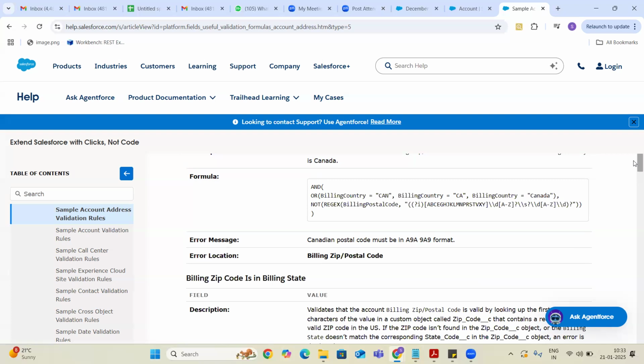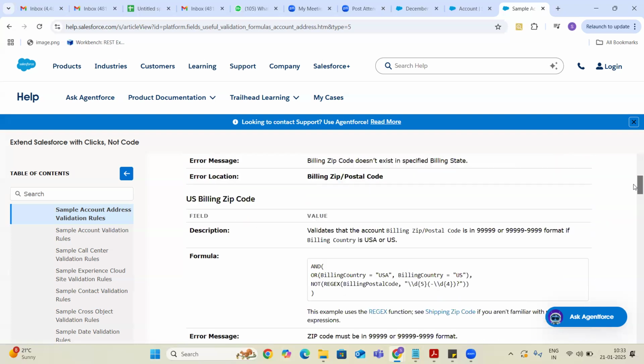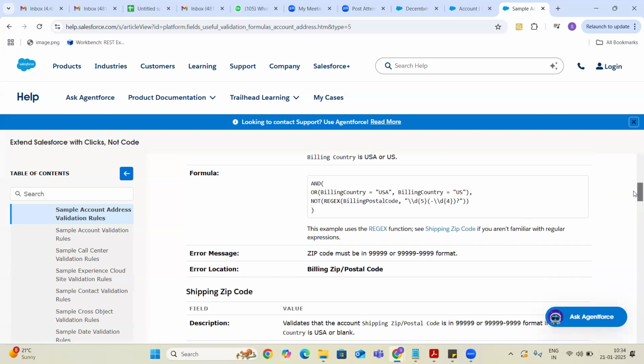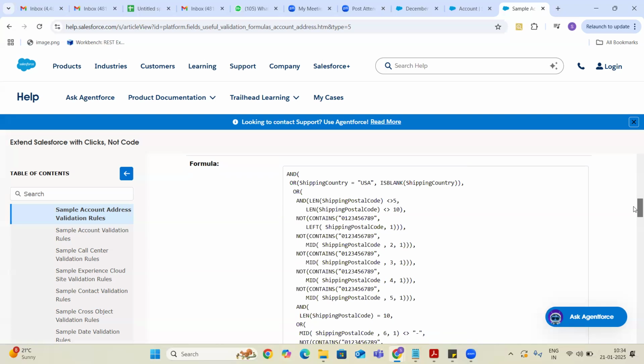I'm not expecting you to write these validations on your own, guys. My only motto is that you should be in a position to understand at least these functions, how to use them, and what the functionality of each function used in the validation rule is. I'm not expecting you to write your own validation rule by thinking up such complicated rules.